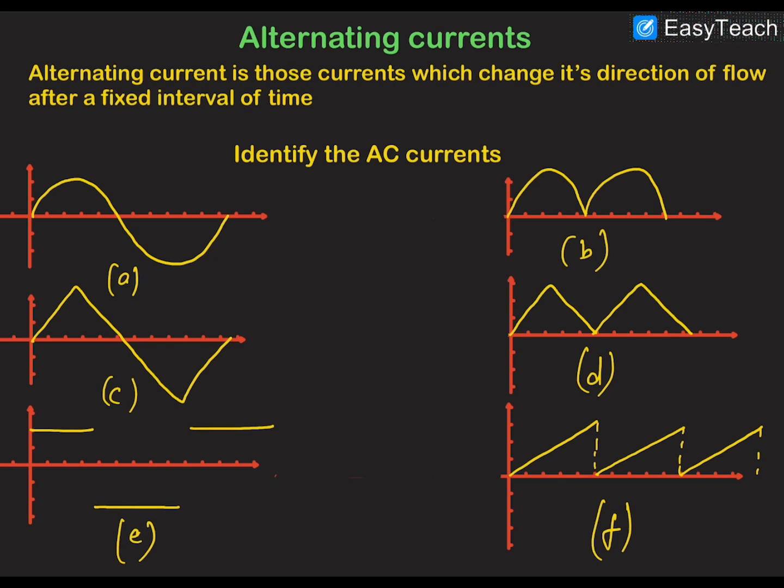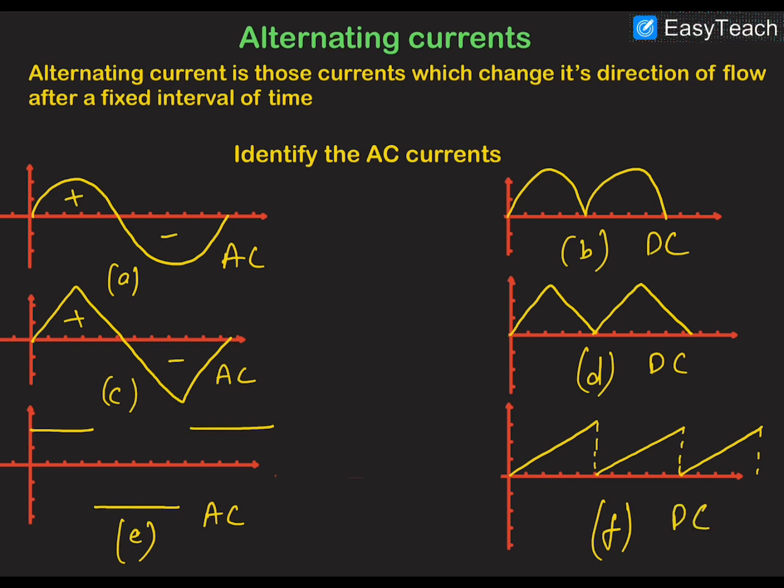It is necessary for an alternating current to change its direction of flow periodically. So we can say that this first current is changing its direction of flow after a fixed interval of time. So this is AC. The second one is DC because it is not at all changing the direction of flow. This third one is AC as it is changing the direction of flow. The fourth one is DC as it is not at all changing the direction of flow. This fifth one is again AC because it is changing the direction of flow, and the last one is again